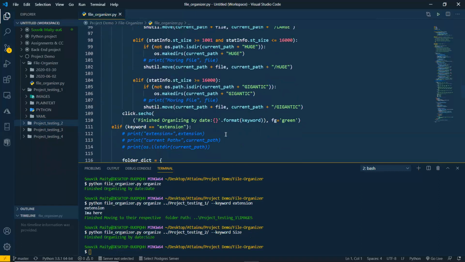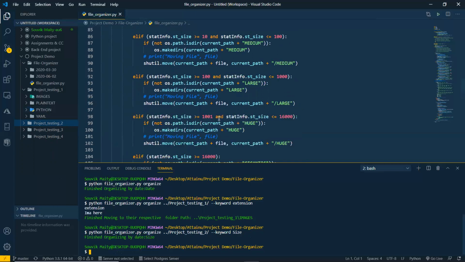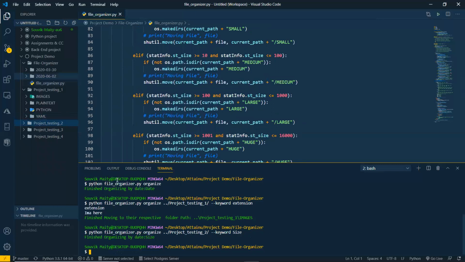Now previously I have shown you that by default it will organize the files according to date, and I showed that with the default path.